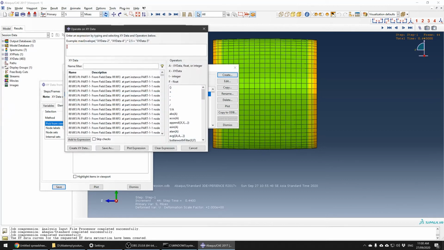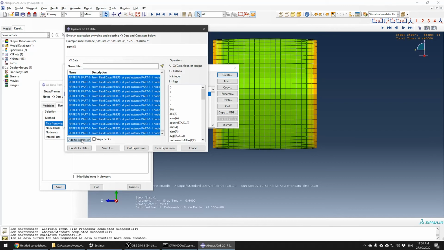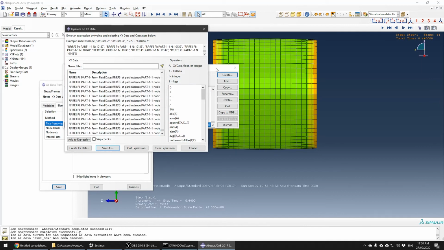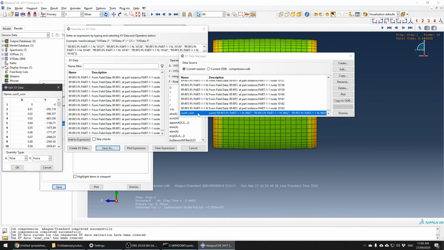You click, or you can type sum. I prefer to type. You return to the middle of the bracket, and then you add to expression, you save as sum of x, sum of f for com, and then you click OK. You get the data here, the last data, and then you click here, double click, you get the data here,